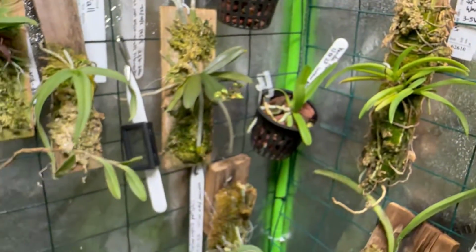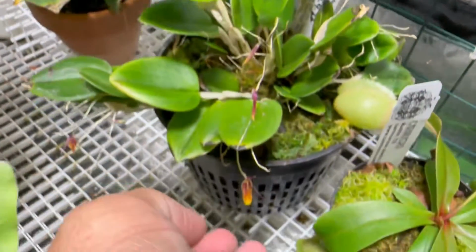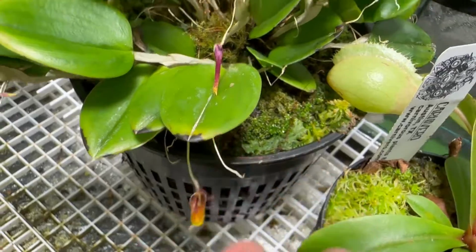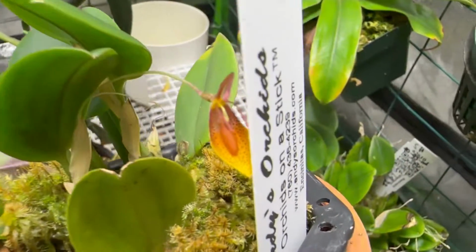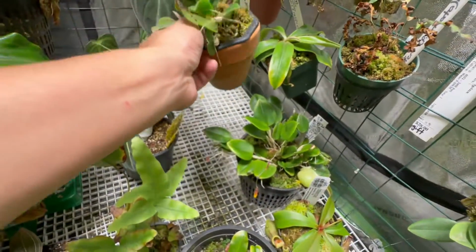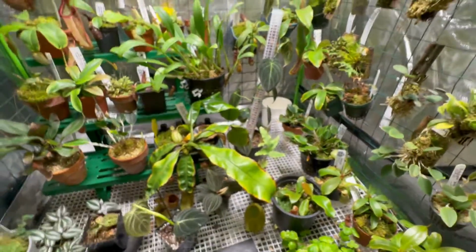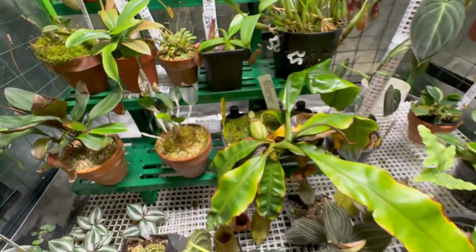So what else do we have here? Oh, of course, as always, the Restrepia falkenbergii, just like the ornata, is one of my more consistent bloomers. This one, like all year round, every month. And another Restrepia here, the morii. Let's see here if we can do it there. Another bloom. Restrepia is one of my favorite genus since they're pretty easy. I place them in the lower area of my grow tent where it's cooler and more humid, and these guys continuously produce